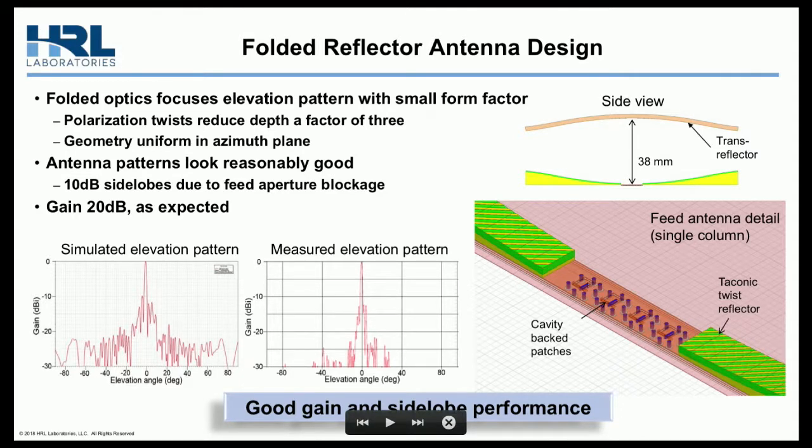They're aperture coupled patches, so this thing actually extends along this. There's 32 of these 4-element columns, so it's a 32 by 4 array. Now, we weren't able to simulate that whole thing in HFSS because it's a really big problem. So I simulated just one of these slices of 4 patches because, again, it's uniform in the other direction. So we do digital beamforming in azimuth, and then in elevation, we narrow up the beam and do actually more